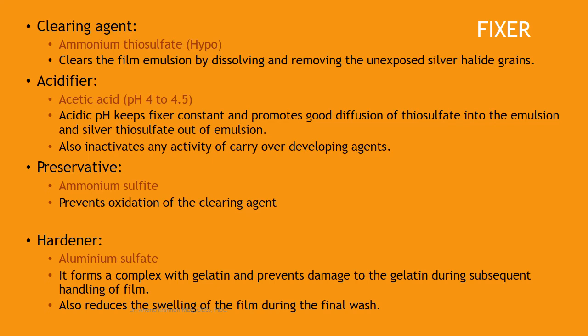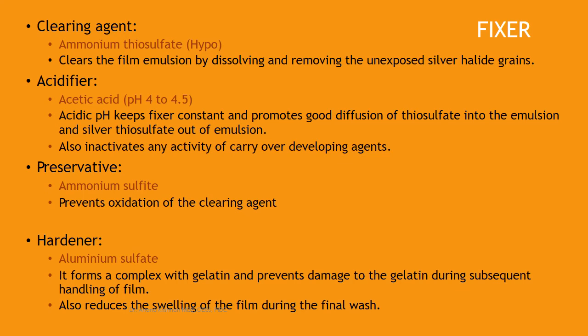And finally, there is a preservative for the fixer, which prolongs its life, which is ammonium sulfate. And then there is our hardener. The role of the hardener is to harden the super coat again. I told you already, this super coat has become spongy, which makes it absorbent, and it absorbs all the chemicals, and there is transfer of the chemical process happening through this coat.